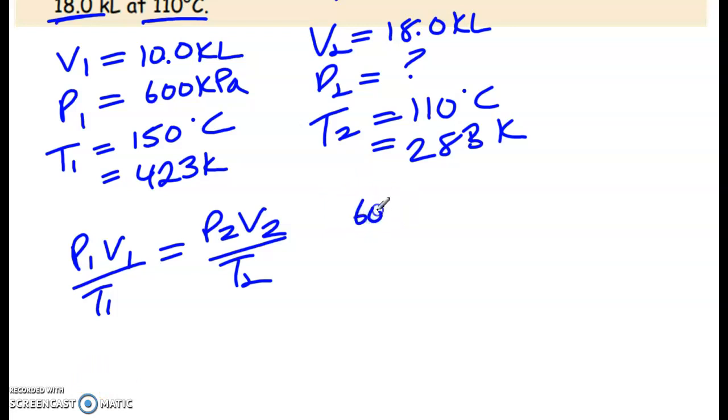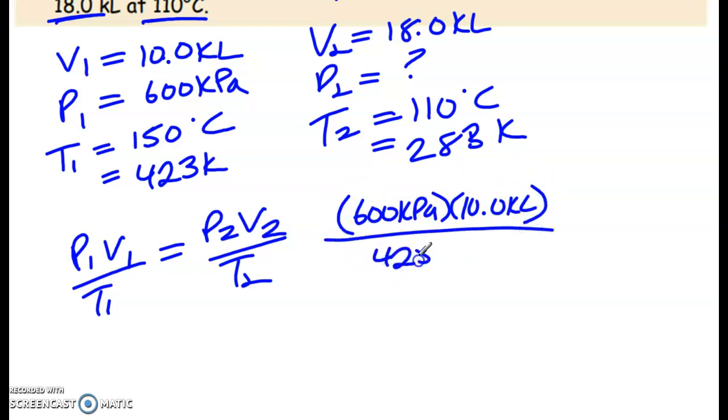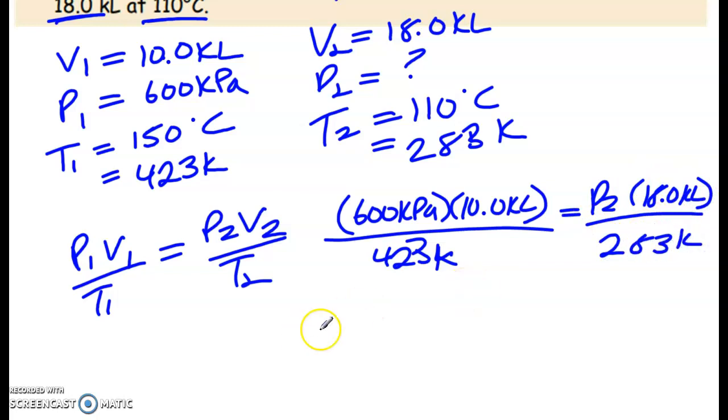Okay, so we have here 600 kPa. And then we have 10 kiloliter over 423 is equal to P2, and this guy is 18 kiloliter over 283. All right, so we're going to cross multiply again. So I'm just going to put what the answer is since I showed you the cross multiplying before. It's going to be 600 times 10 times 283 divided by 18 times 423. So you should get an answer here of